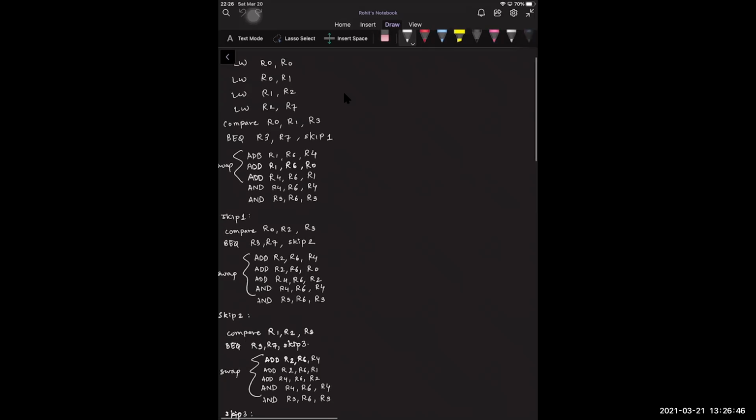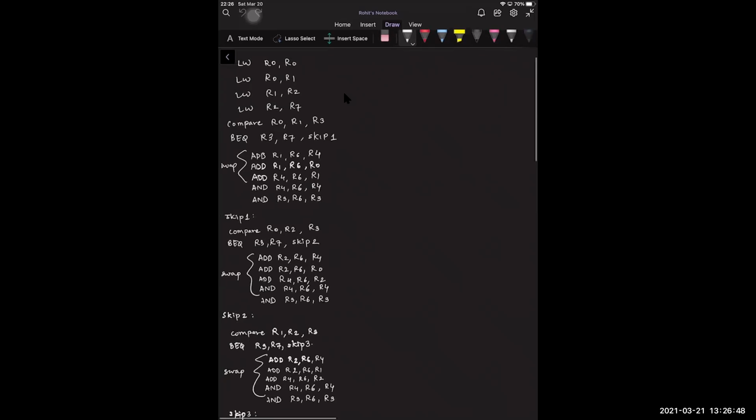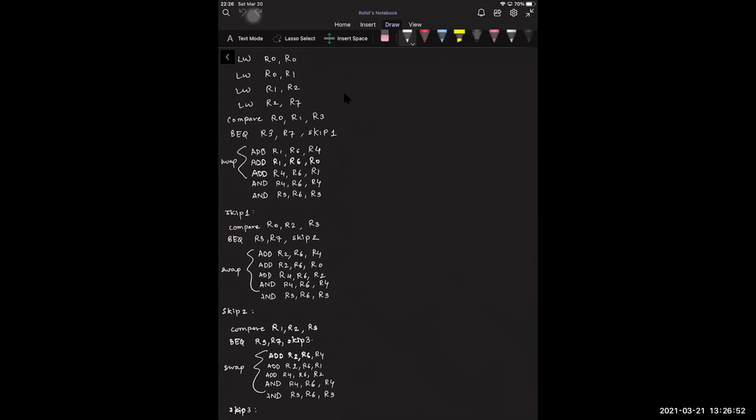This is the assembly language code for a basic bubble sort algorithm written using the instruction set that we have generated, which consisted of various instructions like compare, branch equal, load word, add, etc. This is basically a loop unrolled version of the bubble sort algorithm, as we aren't using any for loops in it. It involves loading data from the memory into the registers.